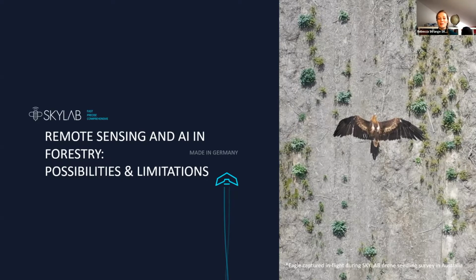Okay, so I'm just going to explain briefly what we mean by remote sensing. And then my colleague Simon will present a section on data collection, which is really the crucial part of this whole process, because you can only get good quality results if, of course, you have good quality images in the first place. Then, of course, the part which probably most of you will be interested in is what results can be obtained, with what accuracy, and how can that information be of real practical benefit to the forester in the field? I'm going to talk about 2D image analysis, 3D modeling, and then monitoring of forest change with satellite imagery.